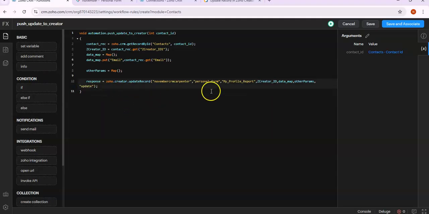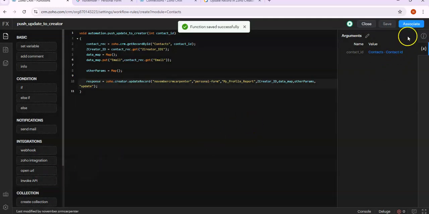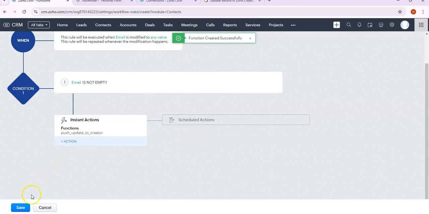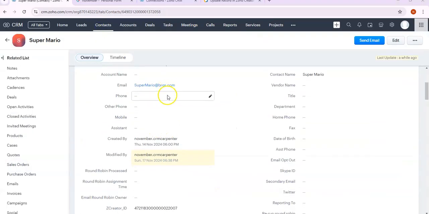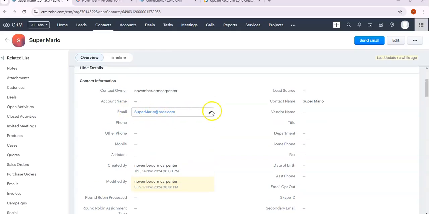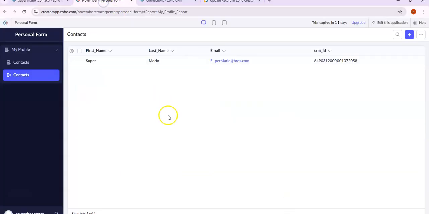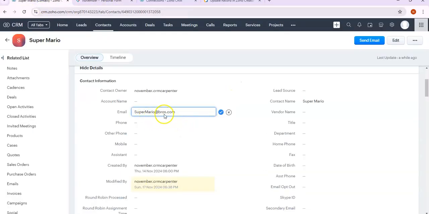And now we'll be testing it. If this code will work, just click save and associate to the workflow that we created and click save. So to test it out, we'll be editing the email. We will modify this field to anything that we want. Just to try it will push the changes from this CRM down to the creator. Let's change Super Mario to Super Mario XXX and click check,